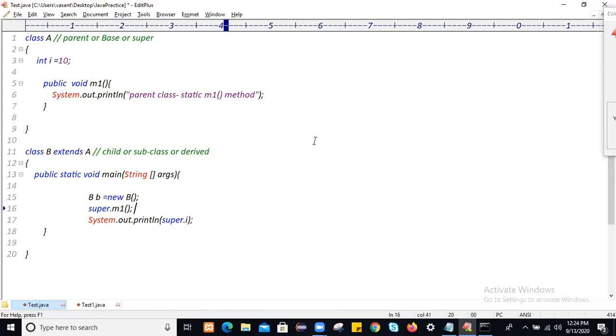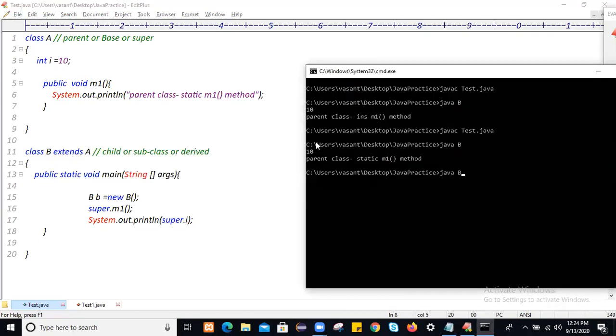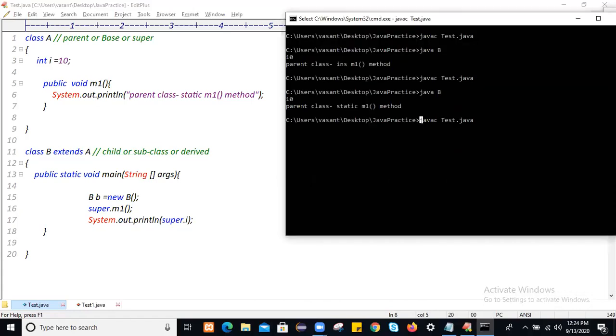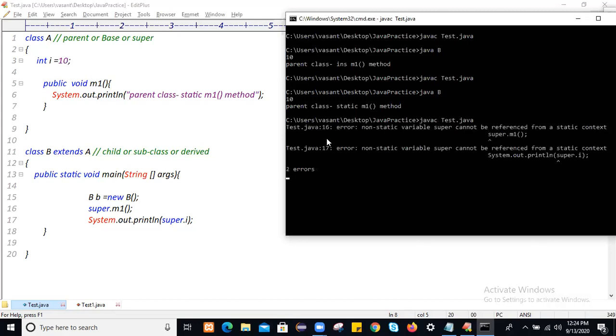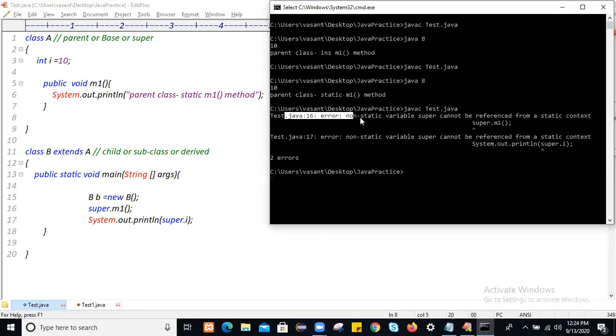So let me compile and run, and I'll show you what compilation error you will get. To compile this application, just use the javac Test.java command. The moment you compile, you see at Java line number 16 the error: non-static variable super cannot be referenced from a static context.